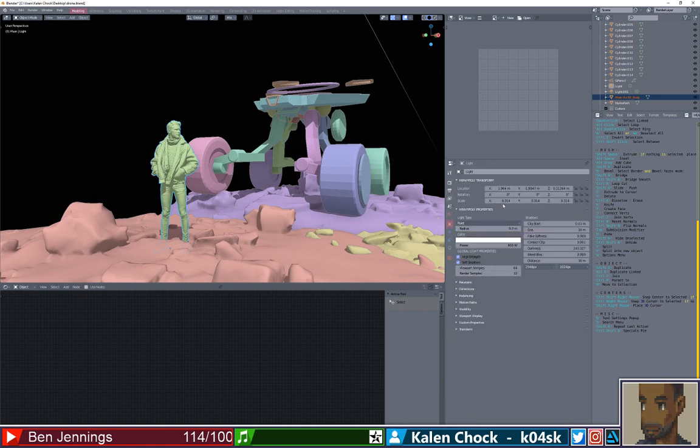Let me see here. If I just put it in negative, so he faces the other way. Would that work? Or no? Or would that not work? No, that wouldn't work. Or I have to flip it. How do I flip it?